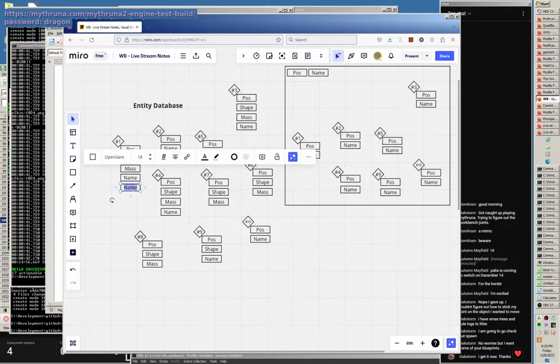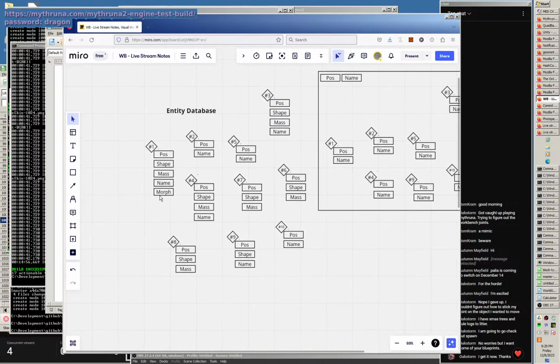And so the morph component basically can say, hey, it points to another entity and says, set this to 0.5. And so that would open this particular entity halfway. And so here's another thing that's kind of interesting. The morph component actually doesn't work this way because there's a chance that